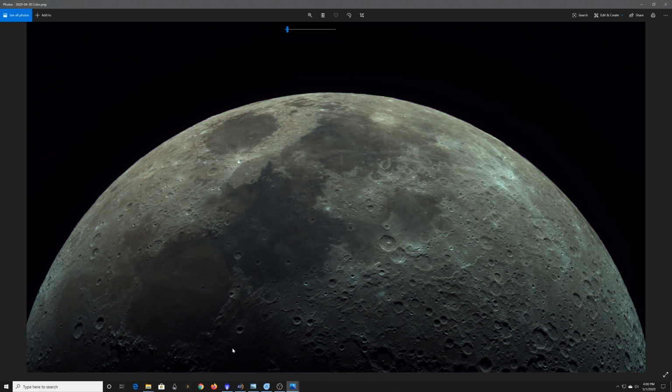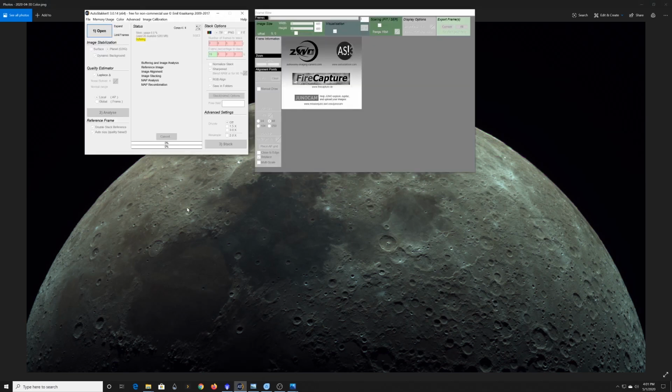So to start off with, when you're taking your moon shots, you will do acquisition through one of a number of different tools like SharpCap or FireCapture that I'm not going to go into today. Those could be their own subject on how best to acquire your images. But once you've acquired your set of planetary data, which is typically some sort of video file, so it can take tons and tons of high frame rate images,